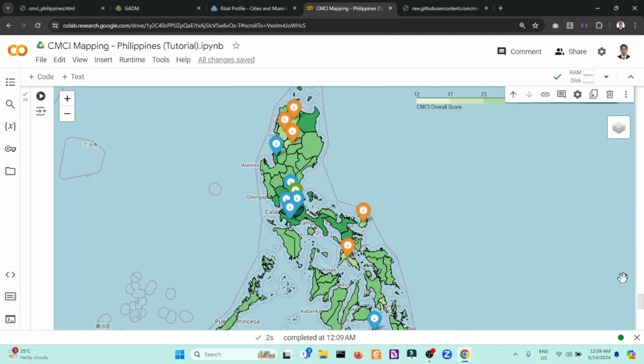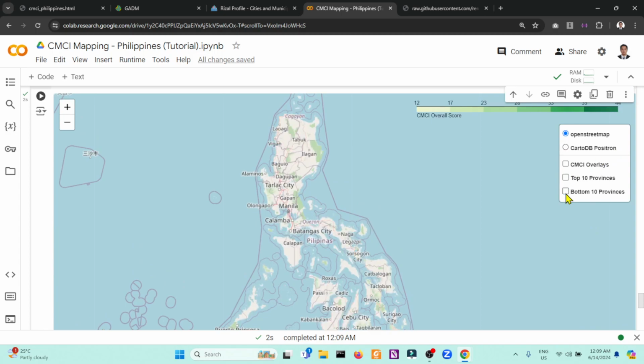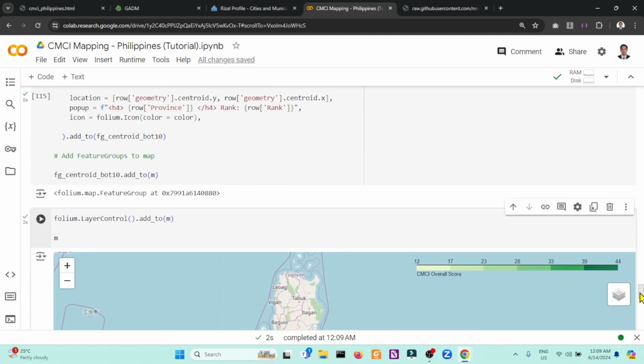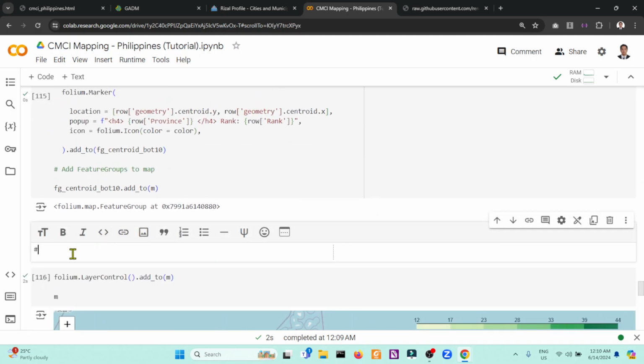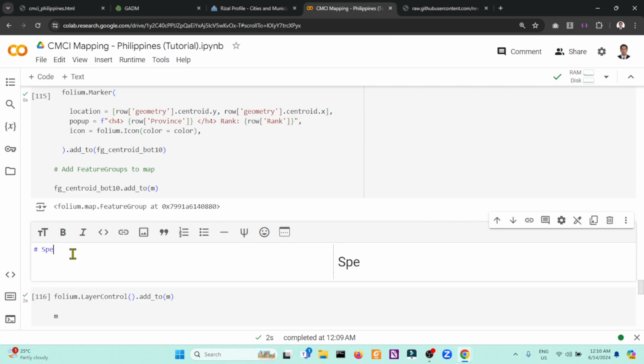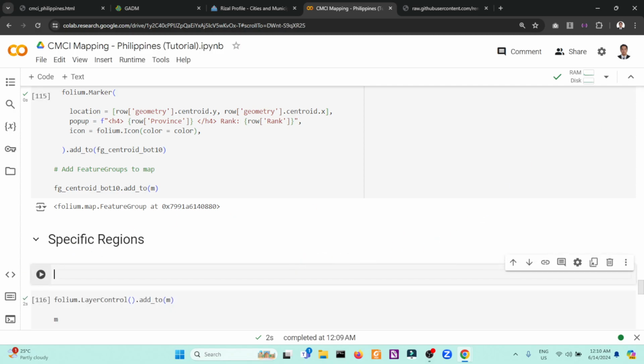Okay, so let us map for the specific regions. So we have a lot of regions here. Let me add another text. So this one is for specific regions, and we have a lot of regions.